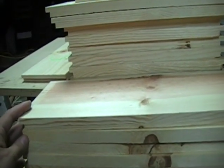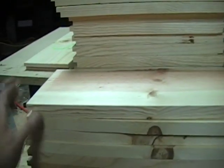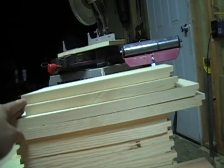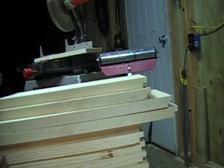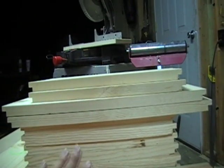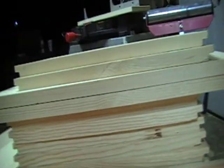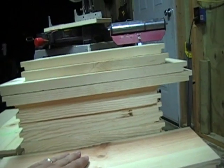If you measure them, almost all of them are going to be 19 and 15/16. Which doesn't hurt a thing. The bees never know the difference. But anyway, 19 7/8 long on your side boards, 15.5 inches long on your end boards. Some of you are probably thinking 15.5 inches, that's not right, because the hive has to be 16 1/4 to get 10 frames in it. That's correct. But the way we're going to put these together, when we finish, they will be 16 1/4 inches